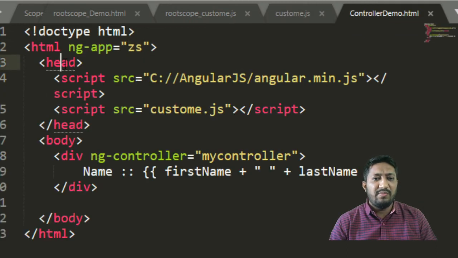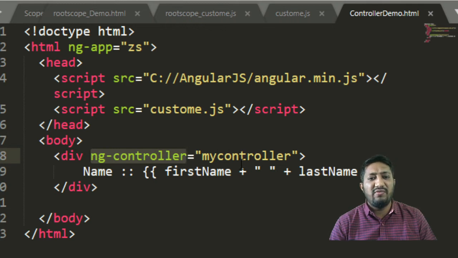So here, first in the head portion, we have to write our angular.min.js for binding. Next we are adding our external file, that is custom.js, in which we are defining the module as well as the controller part code. Now in the div I am writing ng-controller.